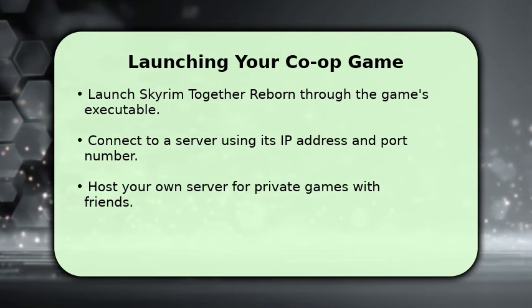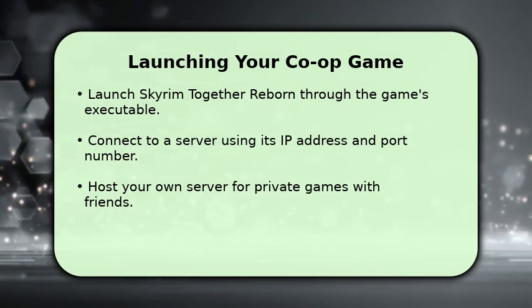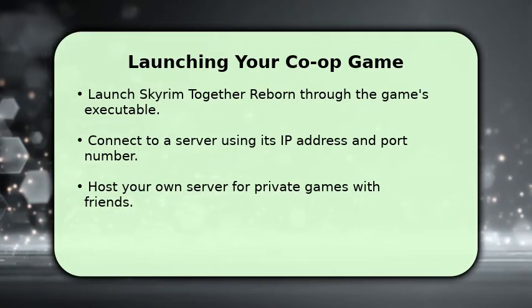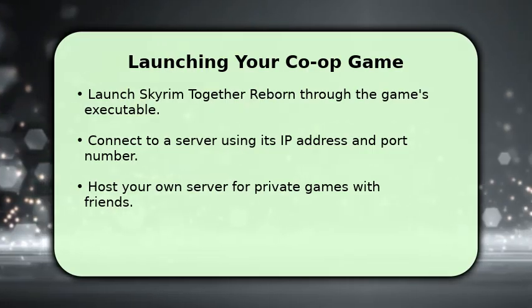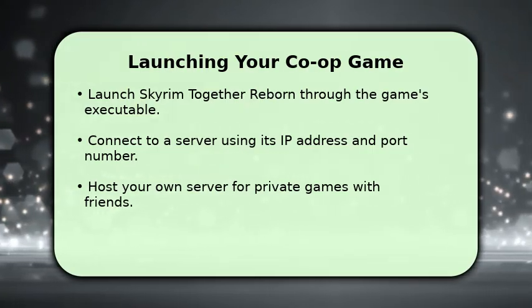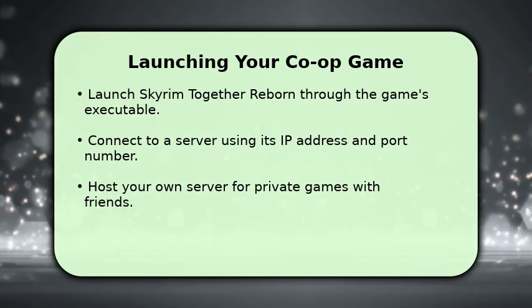To begin your adventure, launch Skyrim Together Reborn using the specific executable file, not the standard Skyrim launcher. Once the game loads, you can connect to an existing server by entering its IP address and port number. Alternatively, you can host your own private server, allowing you and your friends to enjoy a customized and exclusive